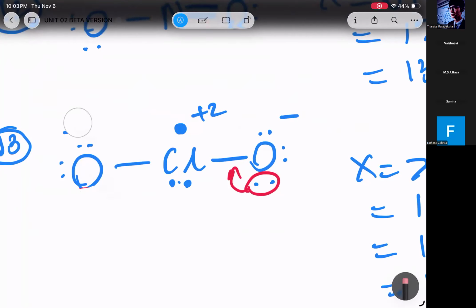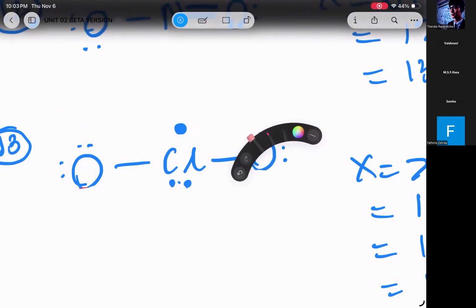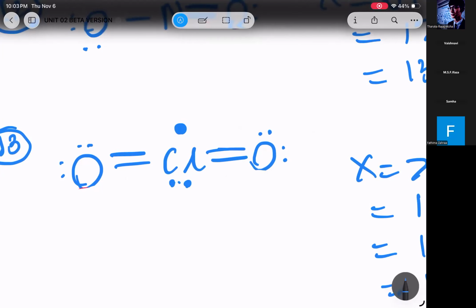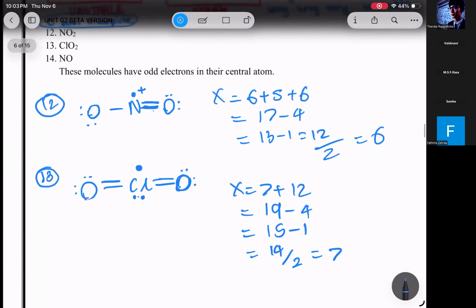Now draw the 2 bonds. මෙහෙම. හරි? Now there is no charge on either molecule. So that's how we draw the structure for ClO2. Hari, ClO2. And then finally,